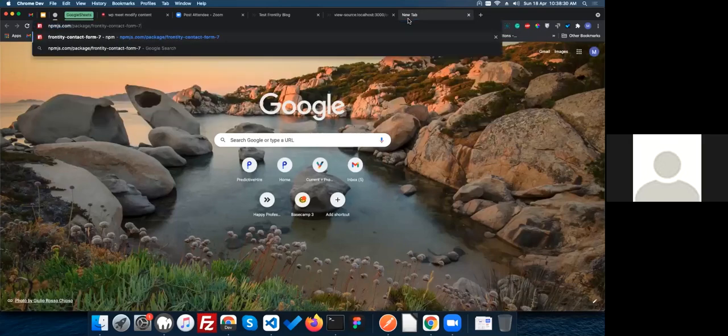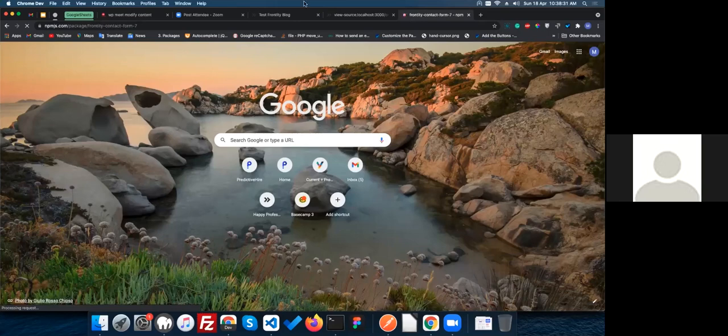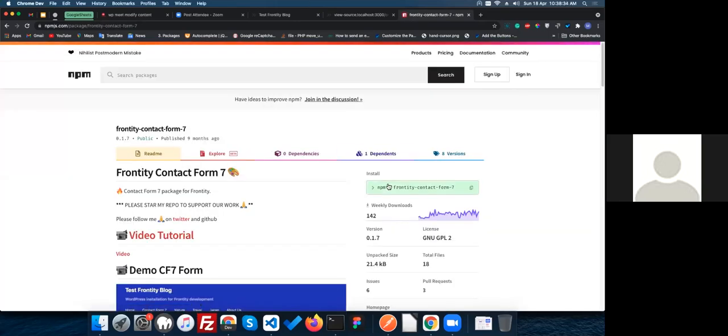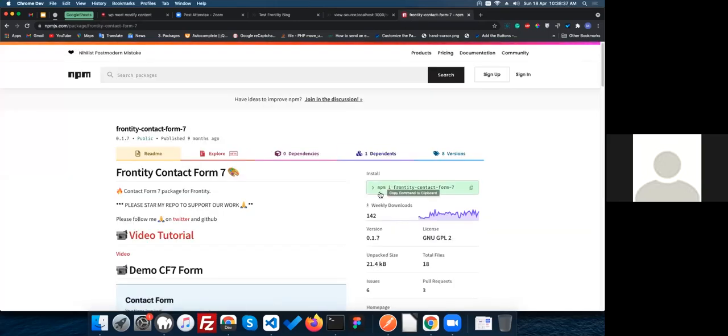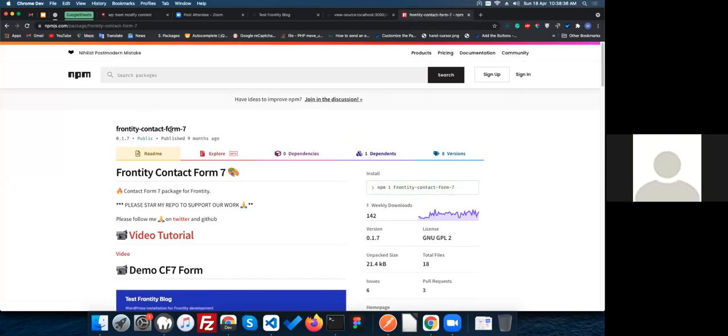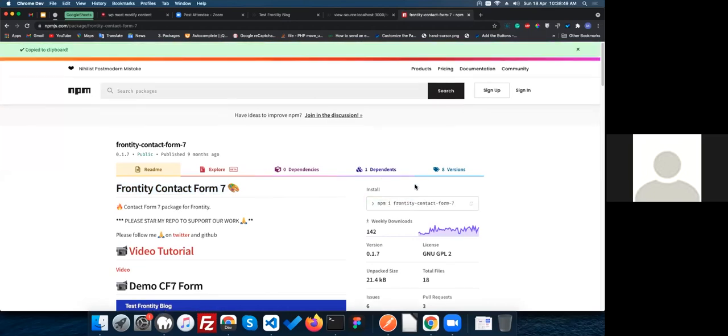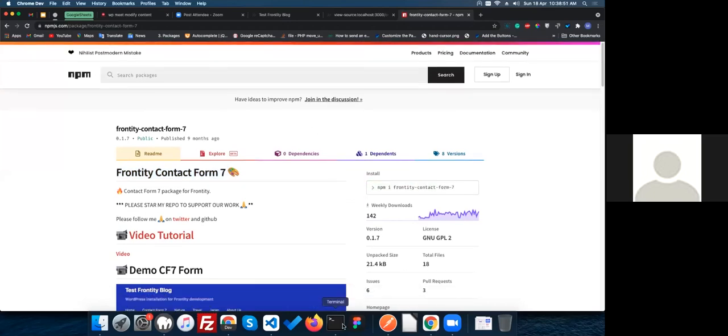It's a website where you get React libraries and package-related information. You can search there for frontity Contact Form 7. This is the package we are going to use for integration. You just need to copy the command from here for installing this package.